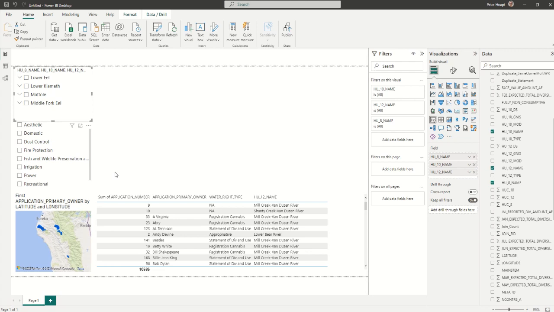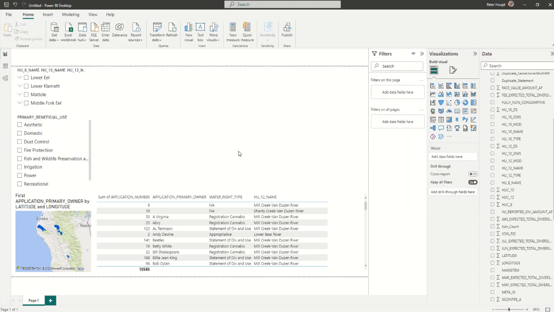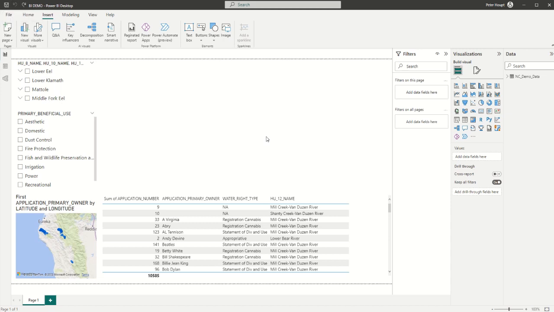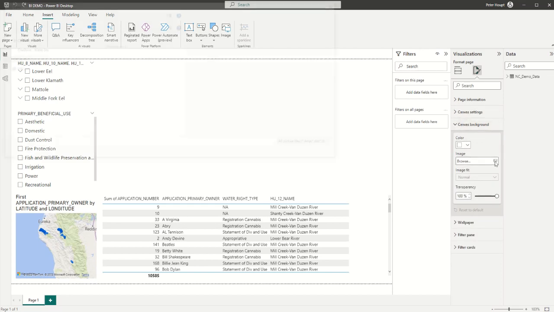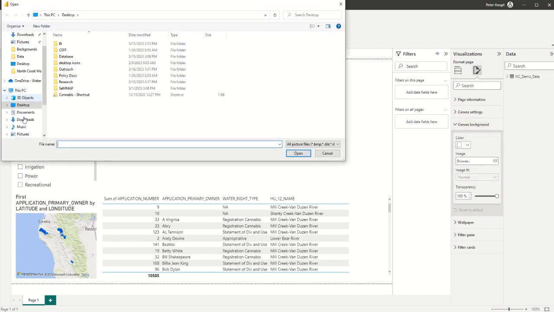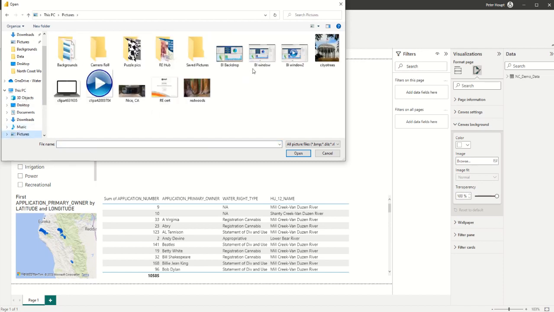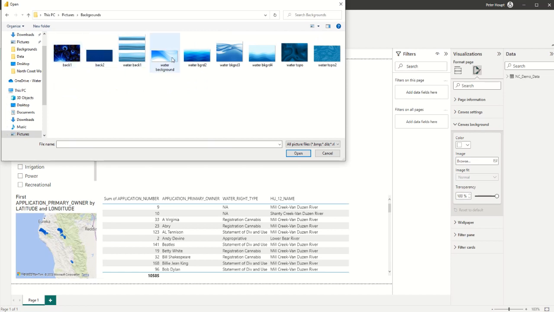So before we get any further, let's make this thing look a little prettier. We'll begin by adding a background and some contrast. Clean up these titles a little bit, round some corners, and get things going. So let's add a background to the visualization, the canvas background. I happen to have a bunch of backgrounds saved up in the backgrounds, and we'll just add this nice little water background,